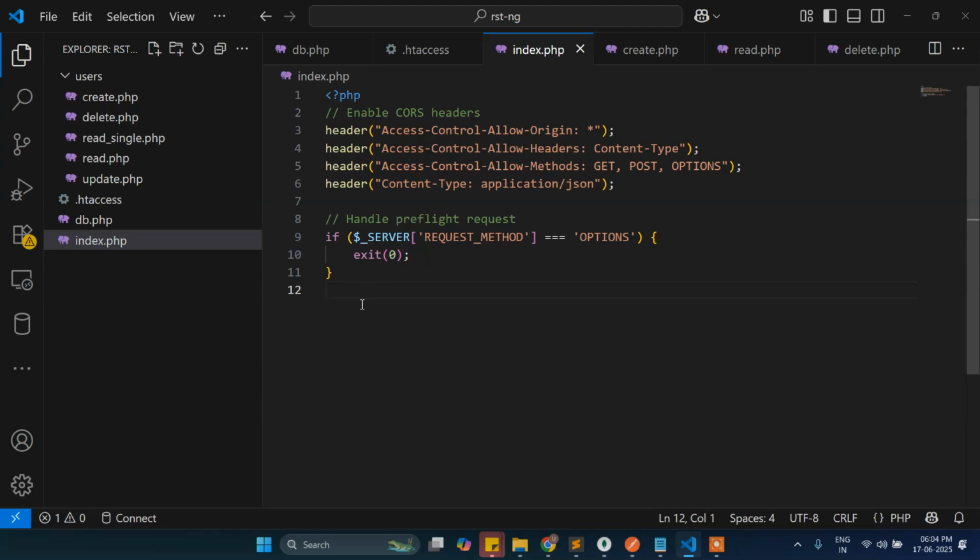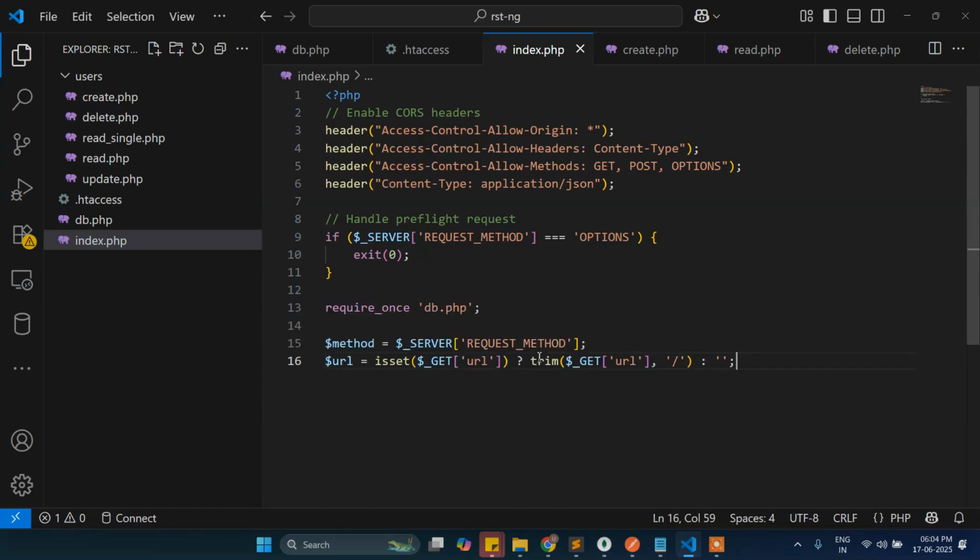The next step is to check the method and the database connection. We have to include this DB connection. Alright, so you can see what we are doing here. This is the database connection. It's very simple to understand. We are just making this connection, and